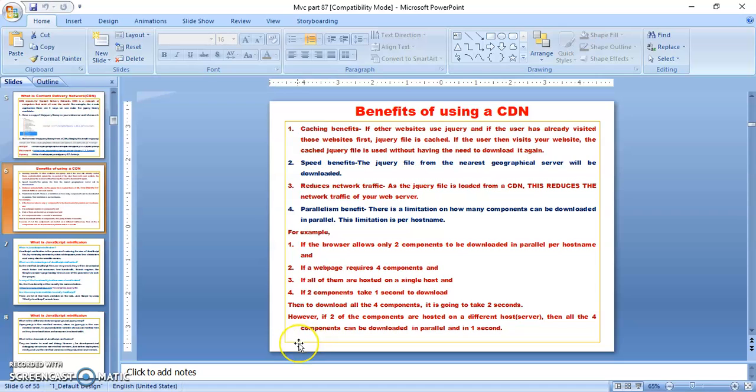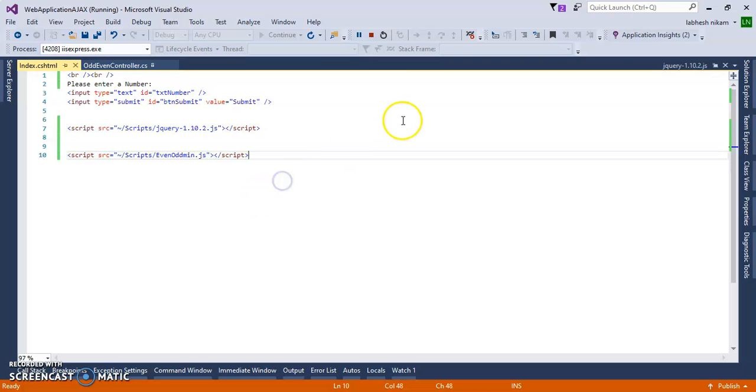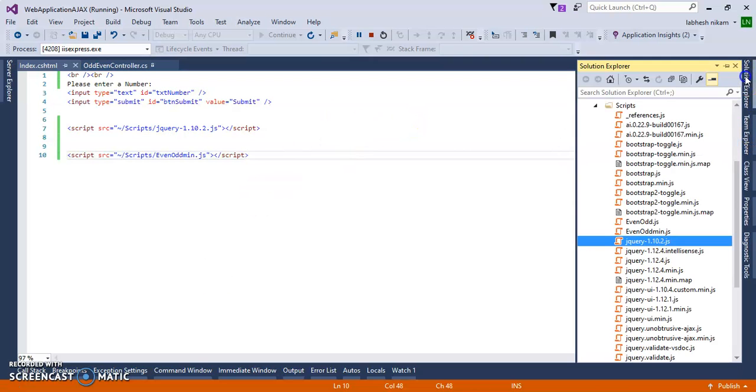In the last application we saw a simple application using the script files from this script folder. Here I have used a local script, jQuery 1.10.2 .js, and this even or main.js file for our program. And we have run it.